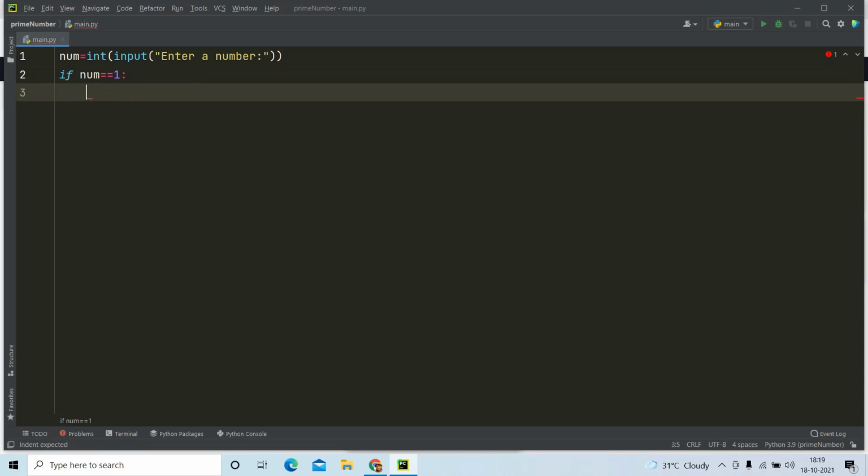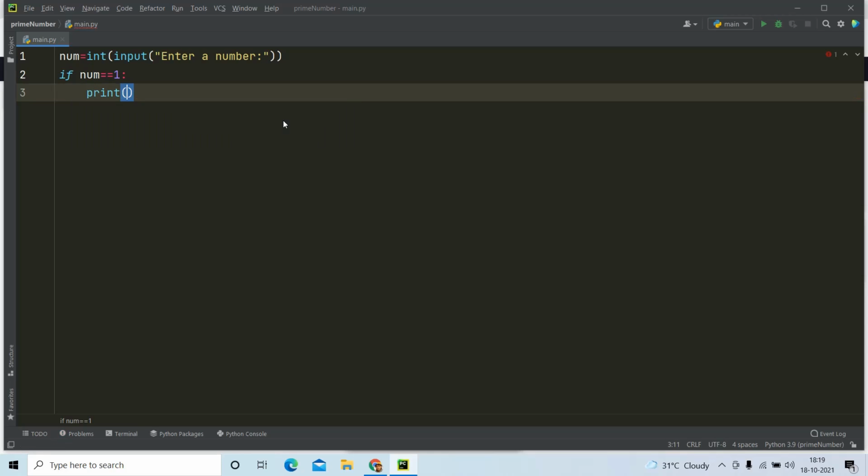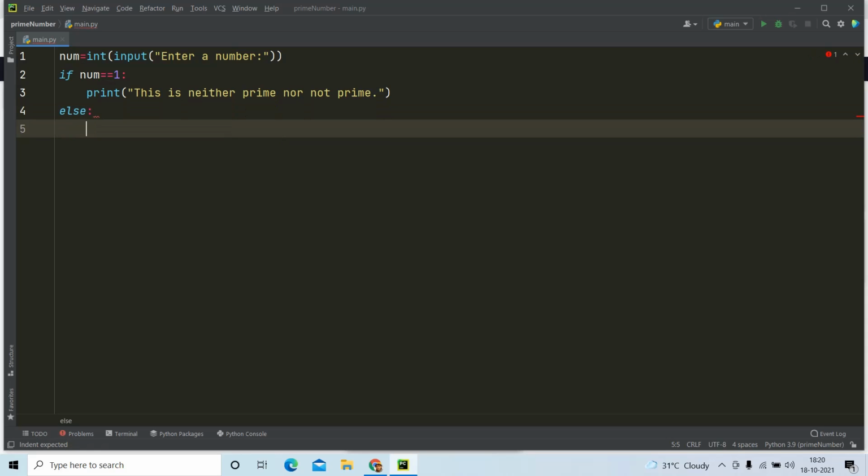If yes, then we can just directly print "this is neither prime nor non-prime". Super, we can display it directly, and then we are going to have an else condition. Else, whatever number is available except 1.